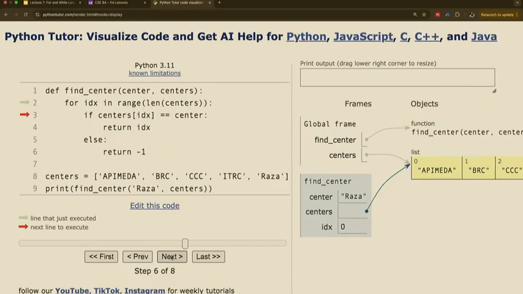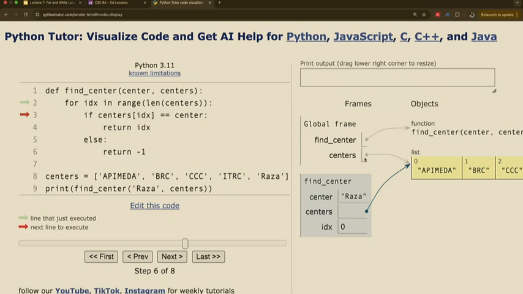Okay? Then we use this number 0 to check the position of centers. So what is centers at position 0? What are we going to see? Apimeda, yes. This string right here, Apimeda.